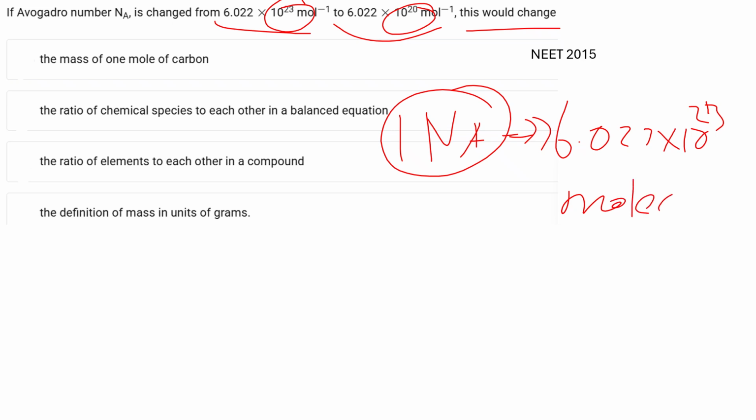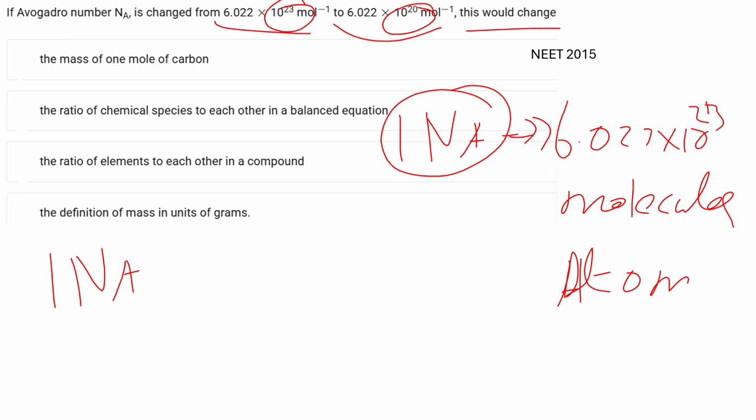If it is a molecule, this much of molecules will be there. If it is an atom, this much of atoms will be there. If there is more than one atom, we multiply it by the atomicity. That is the rule. We already saw everything. In this question, one Avogadro number, or simply Avogadro number,